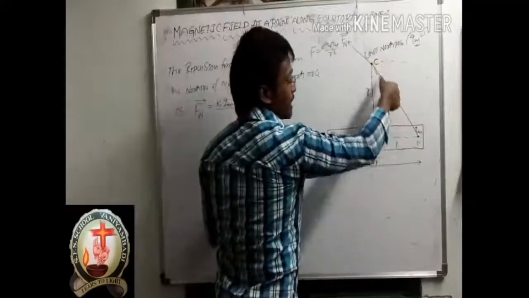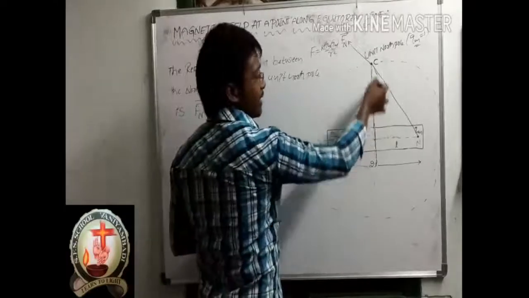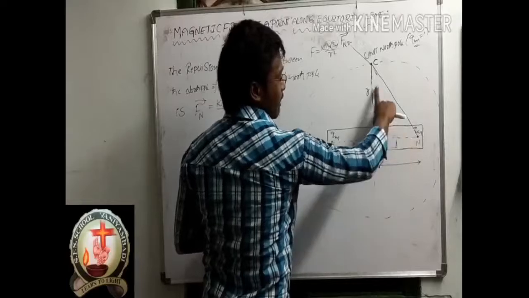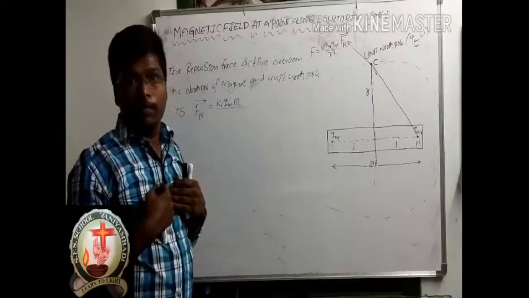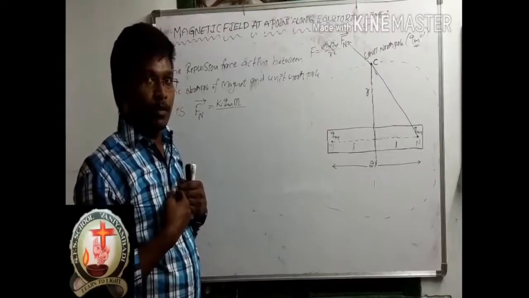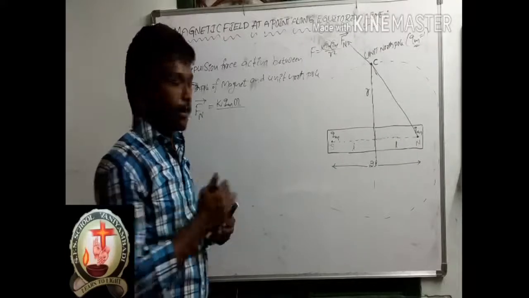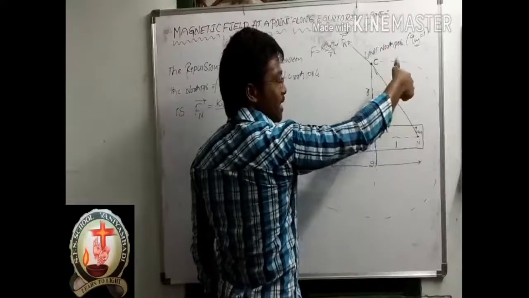Here to here what is the distance? We don't know. But here this is the r, this is the l. We know this value l, this value r, this value we don't know. But we know one formula. What is that? Pythagoras rule. From Pythagoras rule, what we should write? Hypotenuse square is equal to side square plus side square. So this is the hypotenuse, correct? NC. NC is the hypotenuse.